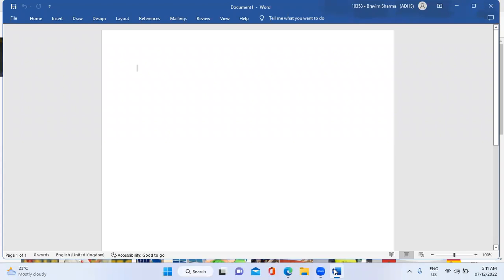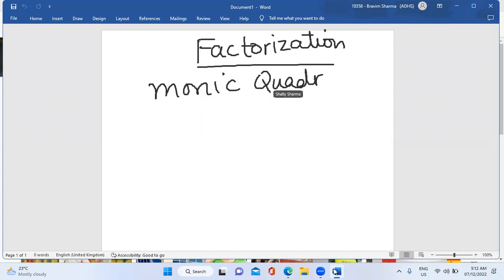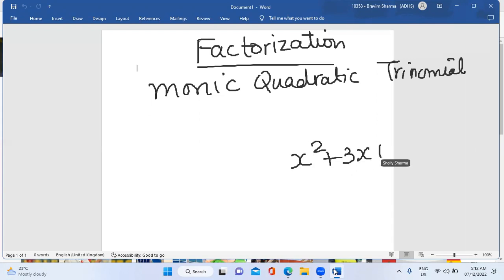Hello all. In today's lesson, we will be working on the second type of factorization, and that factorization is basically called factorization of monic quadratic trinomial. These words sound so big, but this is a very simple expression in algebra. And you have seen these many times. For example, if I write x squared plus 3x plus 2, you have seen such kind of expressions in algebra